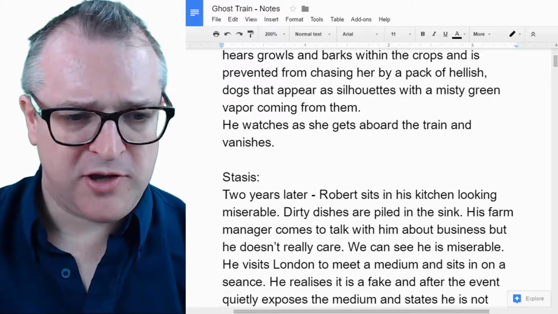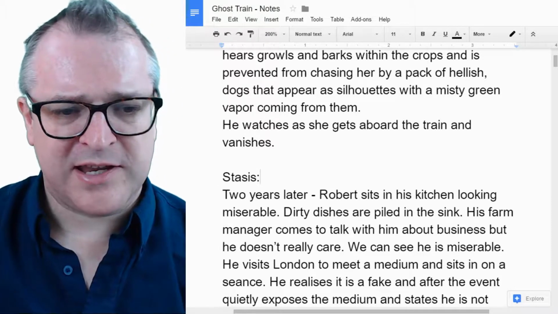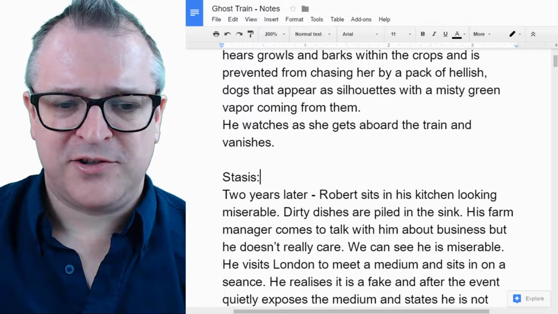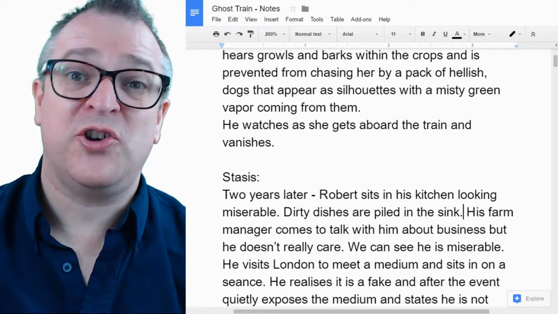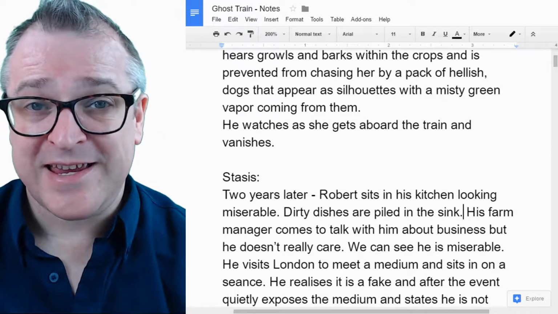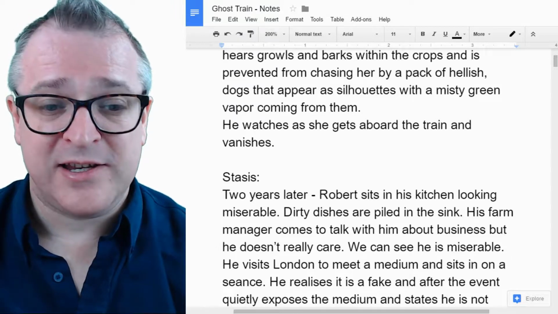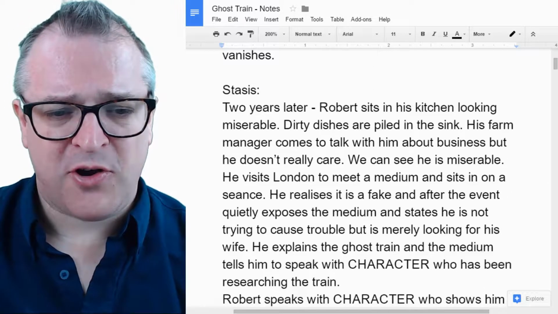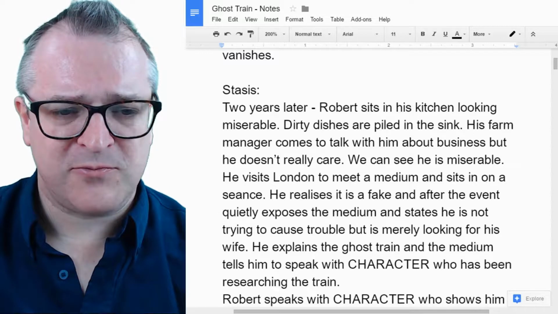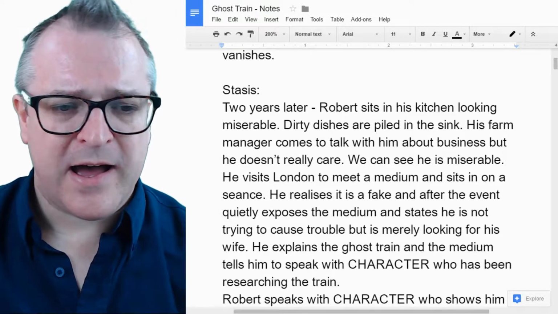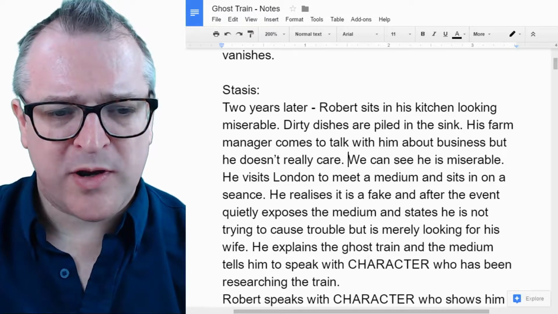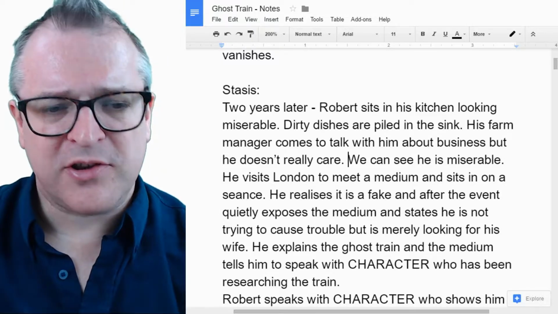Okay, so 2 years later, Robert sits in his kitchen looking miserable. Dirty dishes are piled in the sink. What we want to do is show that he's miserable. We don't want to say he's miserable. We need to really see that. His farm manager comes to talk with him about business, but he doesn't really care. So they're going to have a conversation.